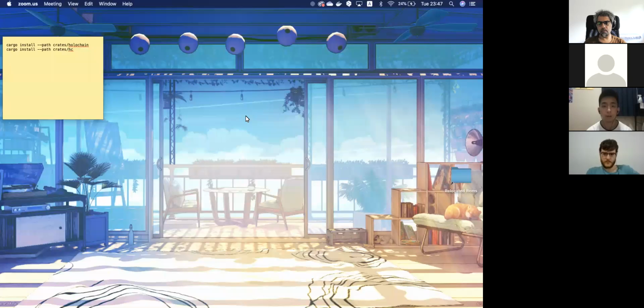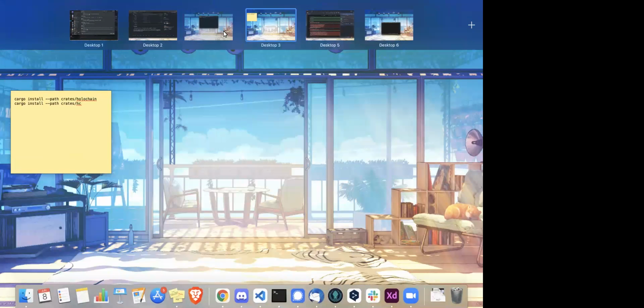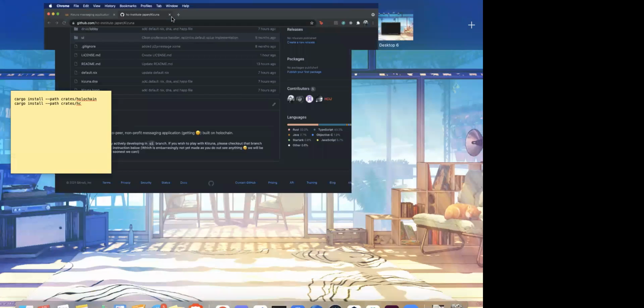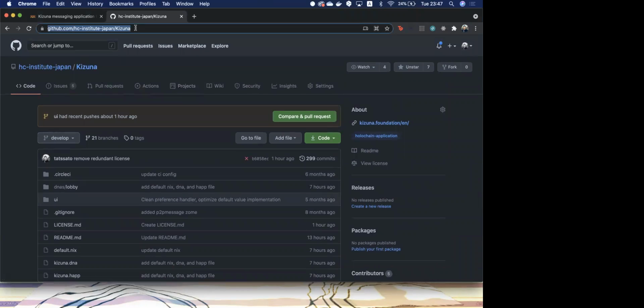Sure. Okay. So I will share my screen. Does everybody see my screen right now? Yes. So anyway, this is the GitHub repo for Kizuna. I'll paste the link into the chat here.